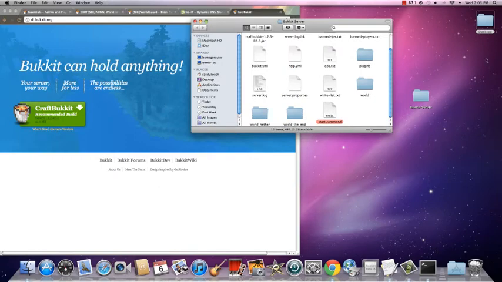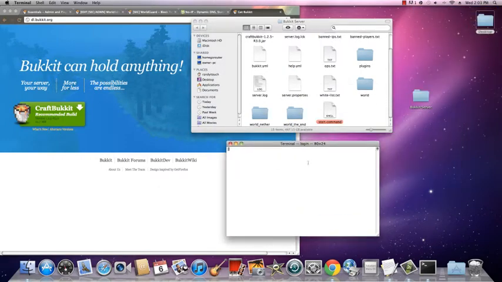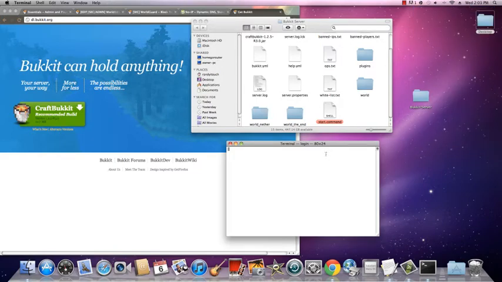Now we're going to open up terminal again. Terminal. Alright. From here we're going to type in chmod. Whoops. It didn't even load all the way. Let me exit this out again. Alright. Give it a sec. Alright. chmod space a plus x space. Remember, we have a space after this x. We're going to drag the start command onto the terminal and press enter once, and then after that we just